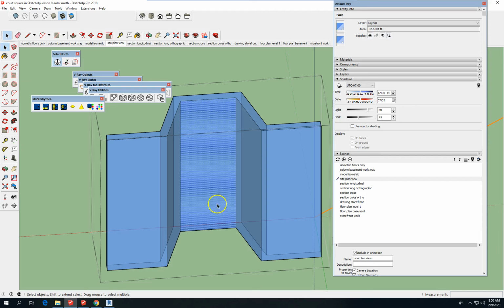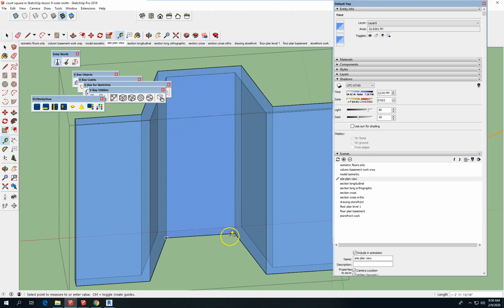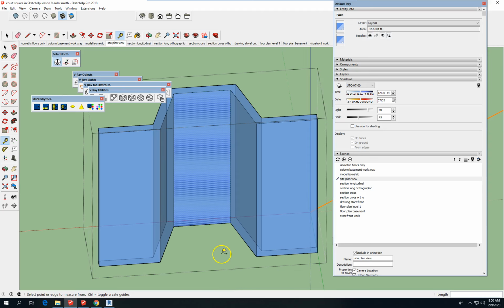So we need to fit a door in there naturally. Let's see what we have for distance. So it looks like we may be able to fit a 3-foot door in there, and I'm going to quickly create a 36, 84